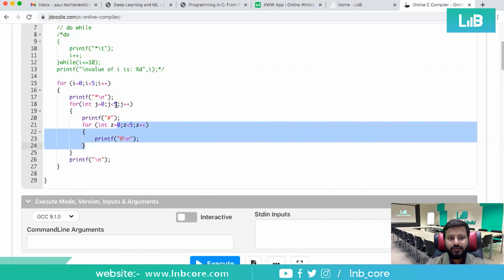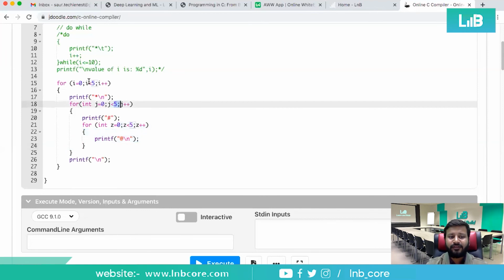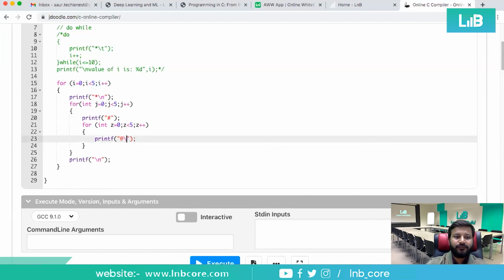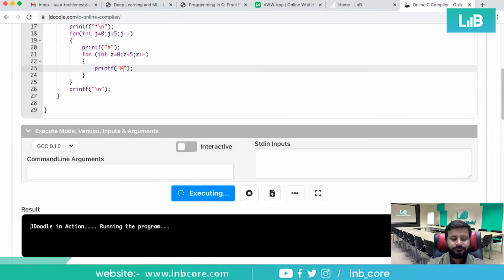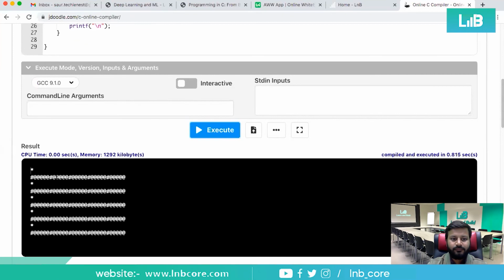Sorry, this will be running 125 times. This will be running 25 times, and this will be running 5 times. So 125 plus 25 plus 5 will be the total run of this particular activity. If I remove this, it will look like this.